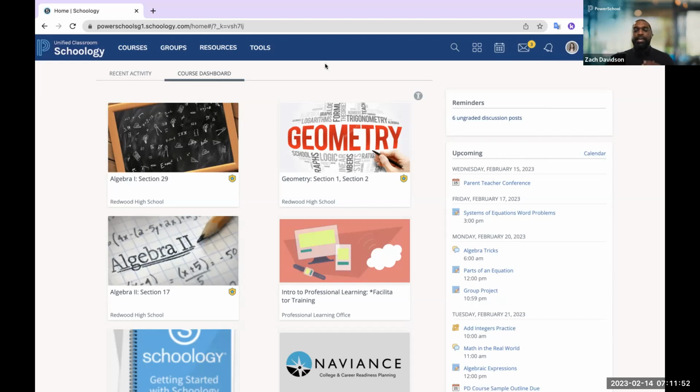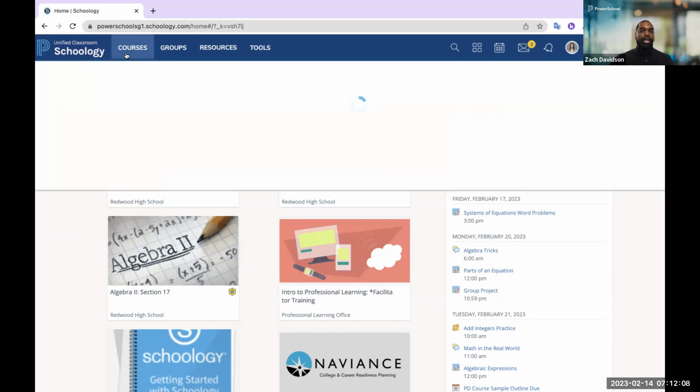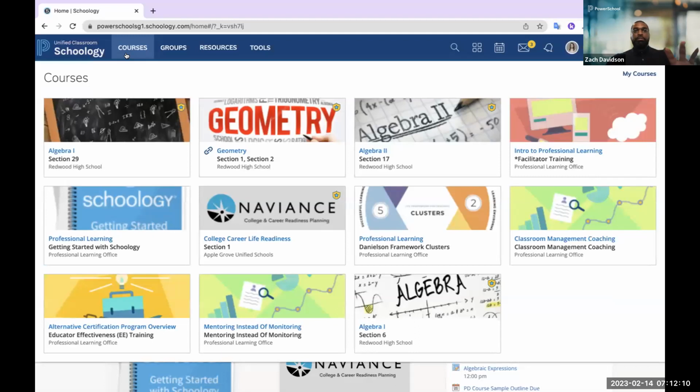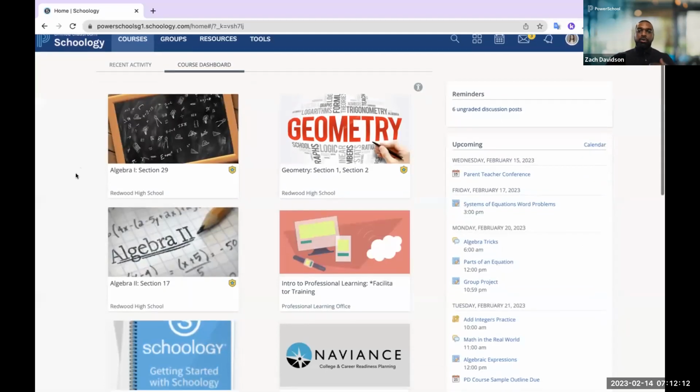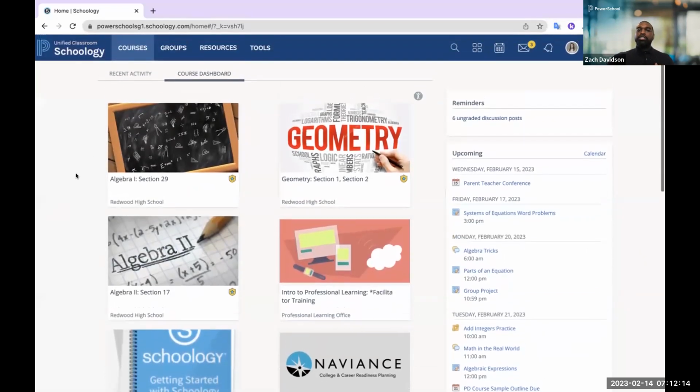Now, when we think about the ease of use and easy navigation, let's focus first on this top navigation here, the courses, groups, and resources. Now, the courses are exactly that. It's where the teaching and learning happens on a day-to-day basis. The great thing here is for all of your teachers and your students alike, whether we access the course from the dropdown here or this course tile dashboard, we're actually going to incorporate through an implementation an integration with your